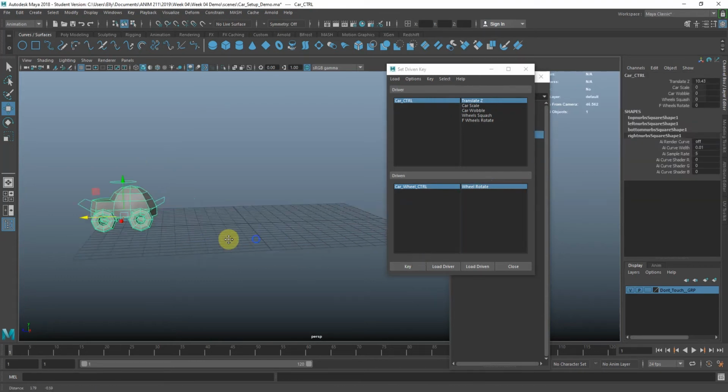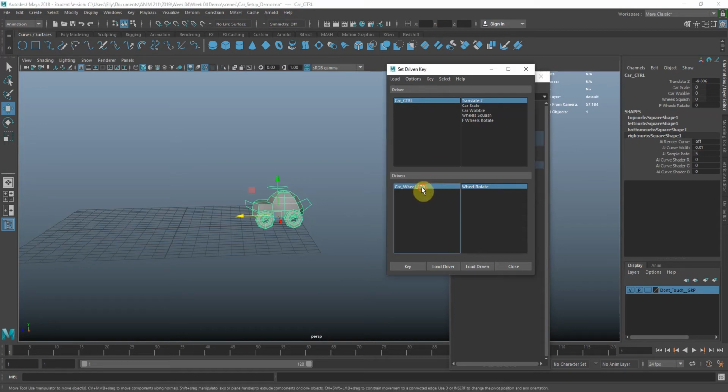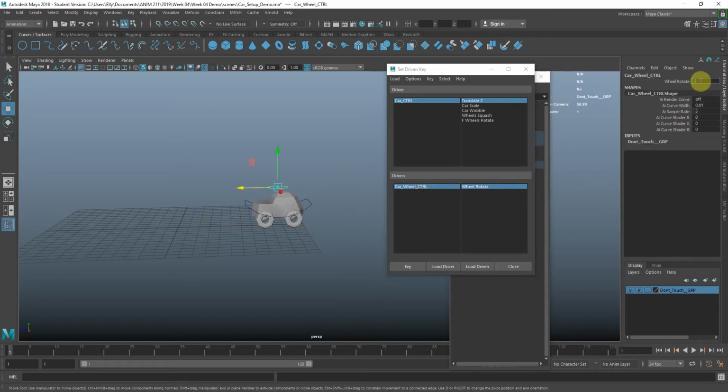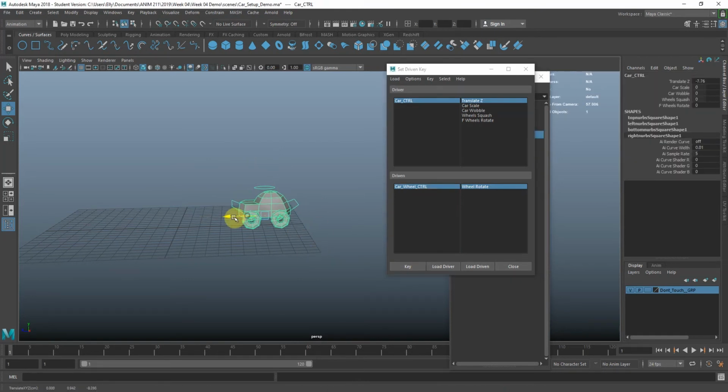And now, when my car goes this far backwards, it'll rotate a value of -1. And I'll hit key. So I'll bring this back. So you can already see from 1 to -1, it's rolling just based on the translate Z of my car control. So I'm going to put this at a value of 0 and do the same thing